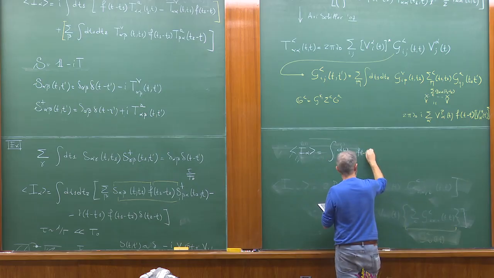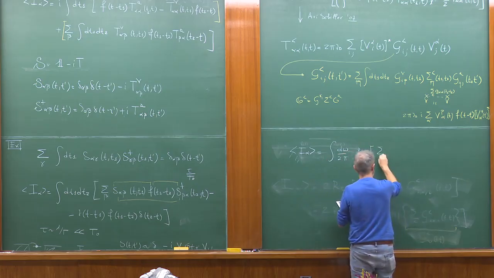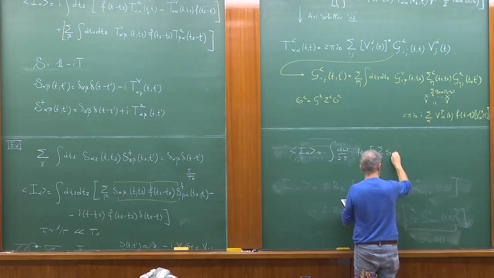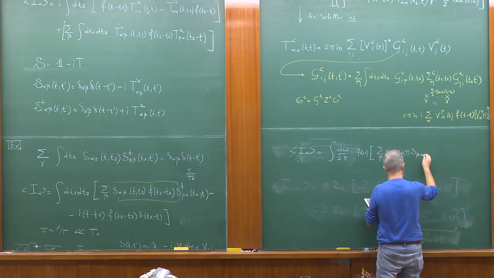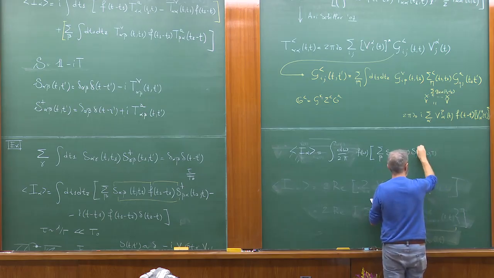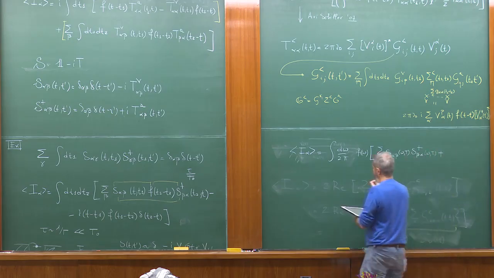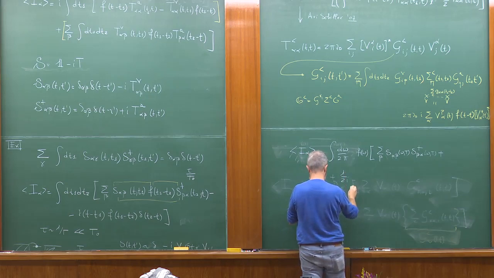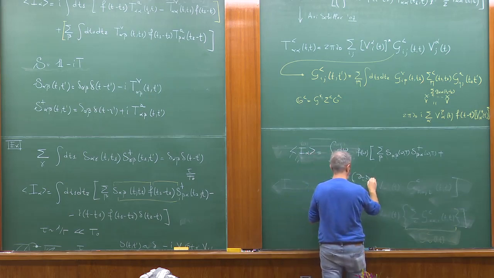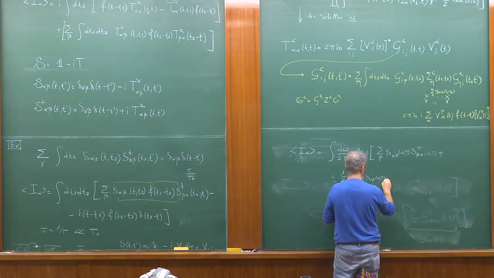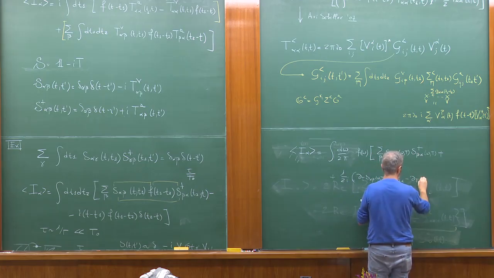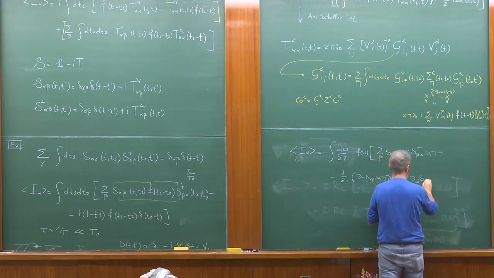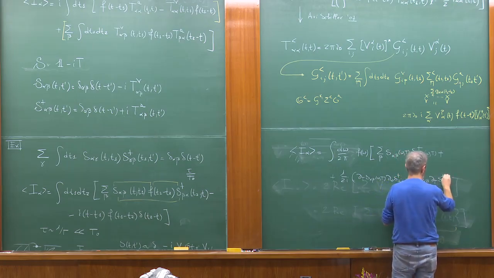You have to do the calculation yourself, but you will get sum over beta S alpha beta omega t S beta alpha omega t dagger, minus plus 1 over 2I dt S alpha beta omega t d omega S dagger beta alpha, and then d omega S alpha beta dt S dagger beta alpha, minus 1,